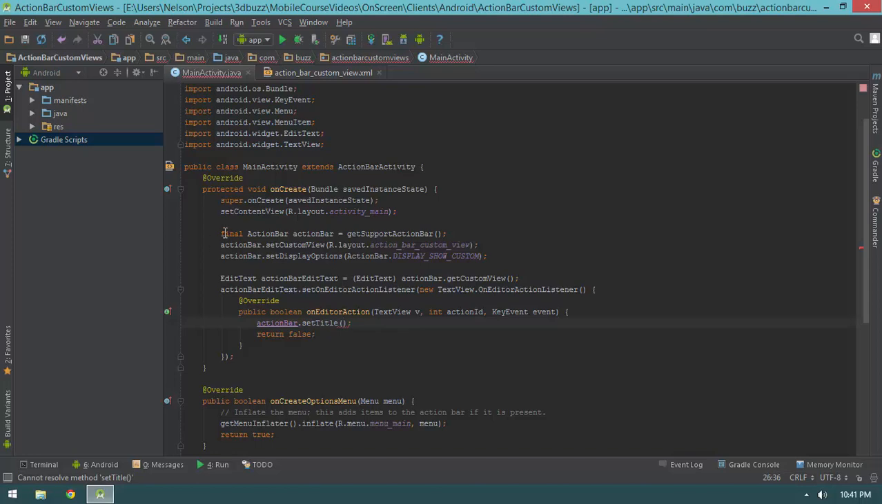So if you guys don't have this declared as final and you're getting an error right here saying something about blah, blah, blah, action bar can't be used, that's because it's not declared as final. Anyway, what do we want to set the title to? Well, we want to set the title to our action bar edit text.get text,